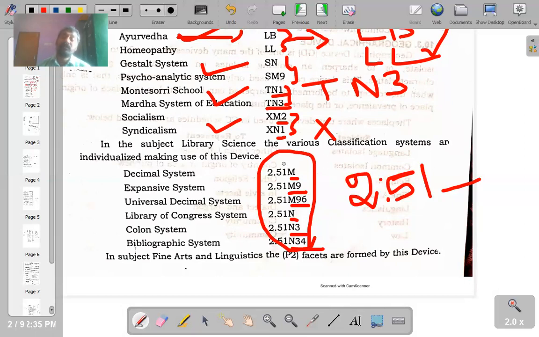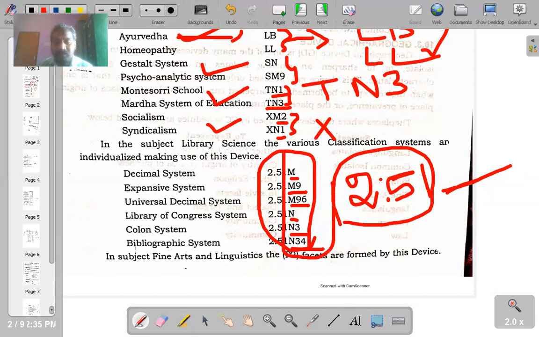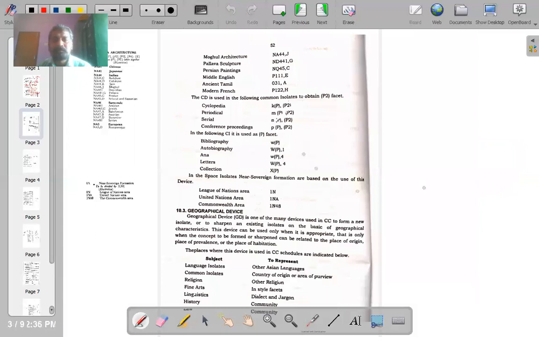So what we are doing is that we take one number called classification, and this number is sharpened, expanded, elaborated, taken to a deeper level based on time isolates. These time isolates are attached to this number. So this way, taking a number from time isolates and attaching it along with other numbers, either to create or to shorten the new isolates, is called chronological device. I think it's clear to you now. Let me move on to the next page.